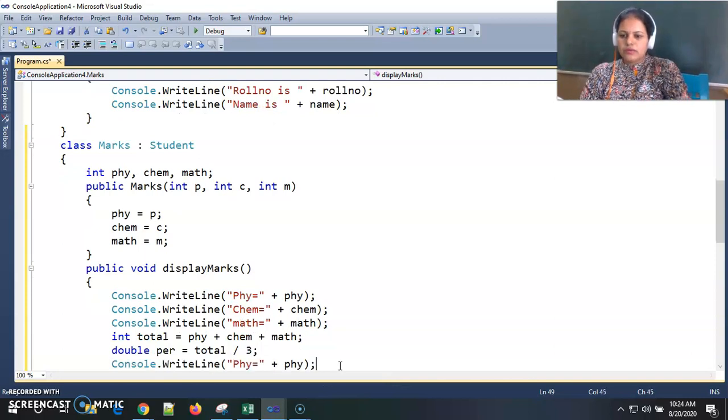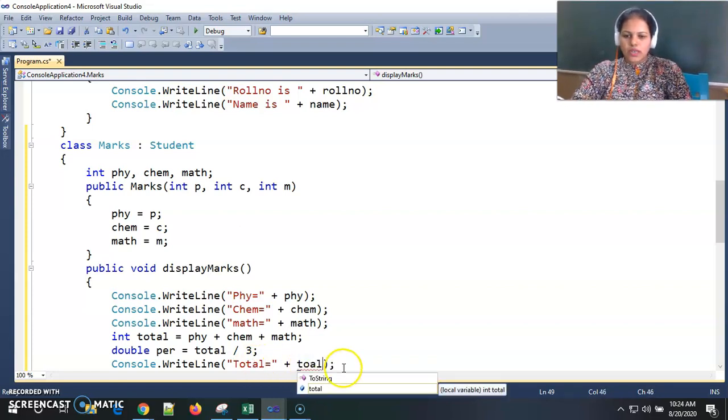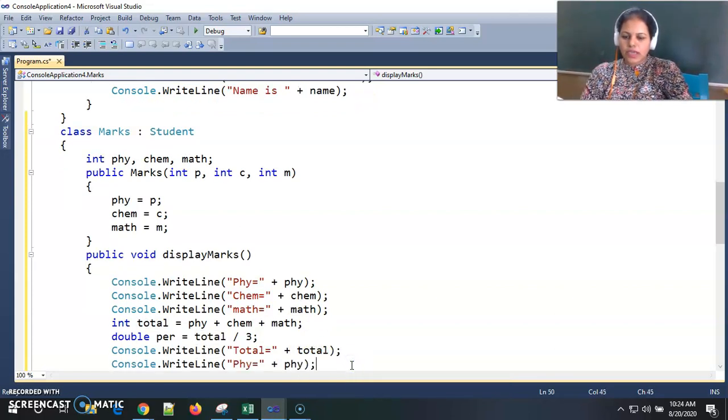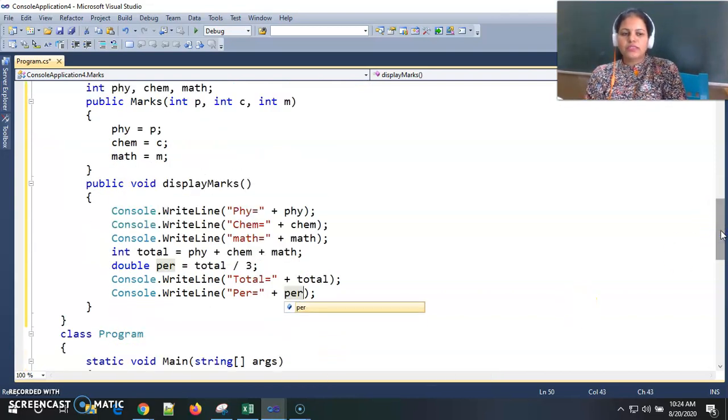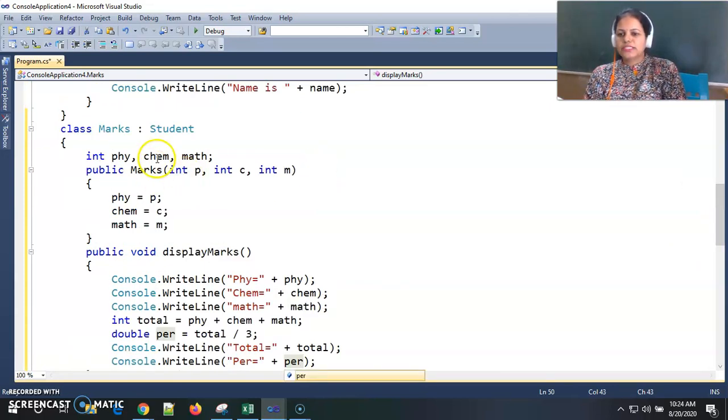Now we can display the total as well as the percentage. Total as total, and for percentage I am again giving the message percentage equal to percentage.